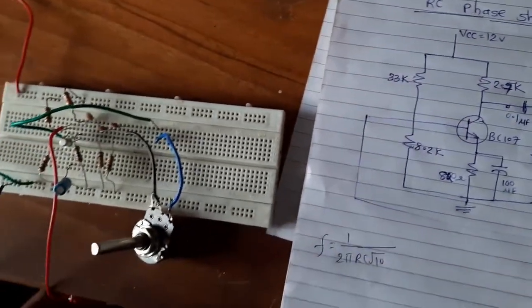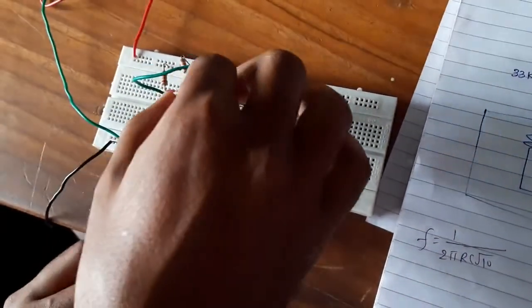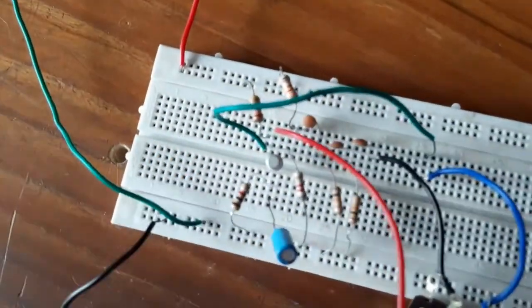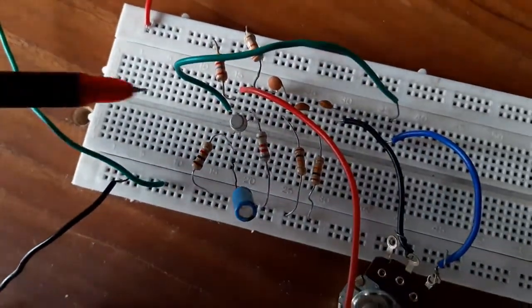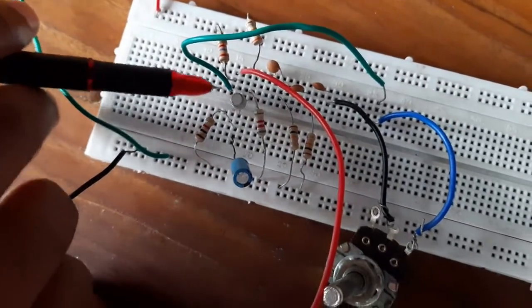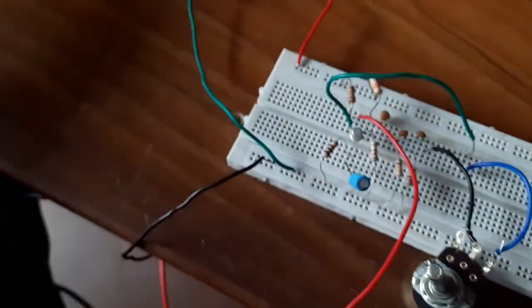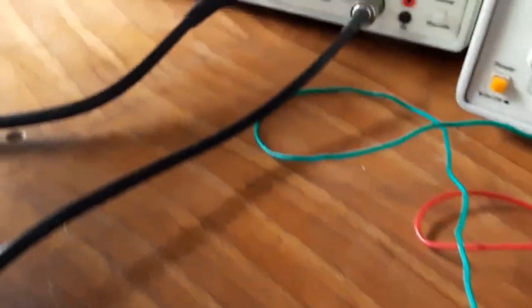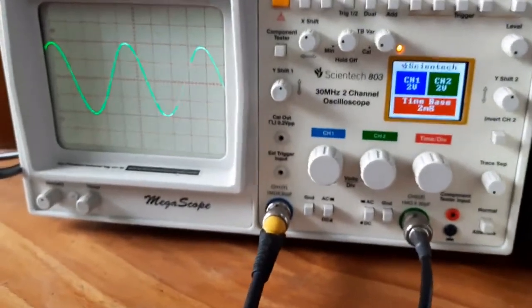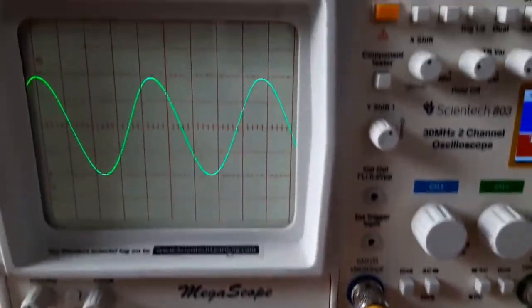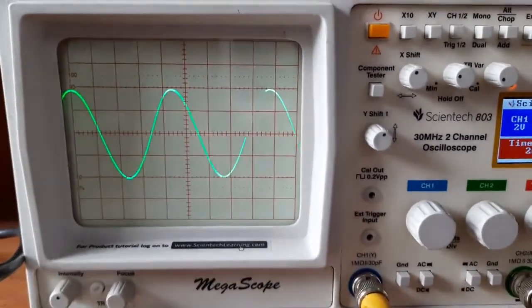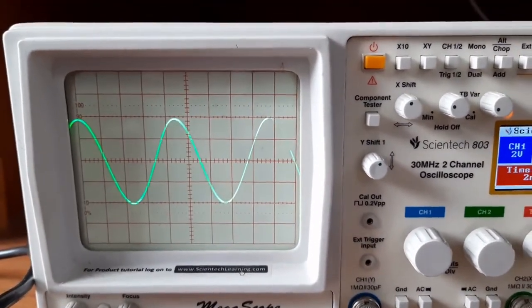I have connected my CRO probe to the collector terminal. You can see here, this is the collector. So you see what is coming on the CRO. I should get a proper sine wave on the CRO, and the frequency should match the theoretical frequency that we have designed it for.